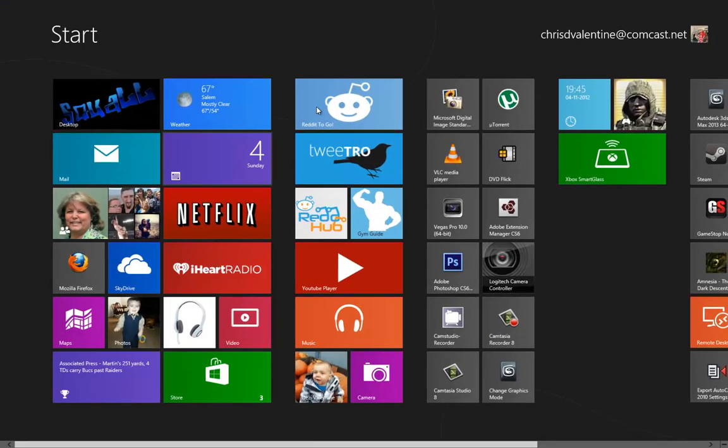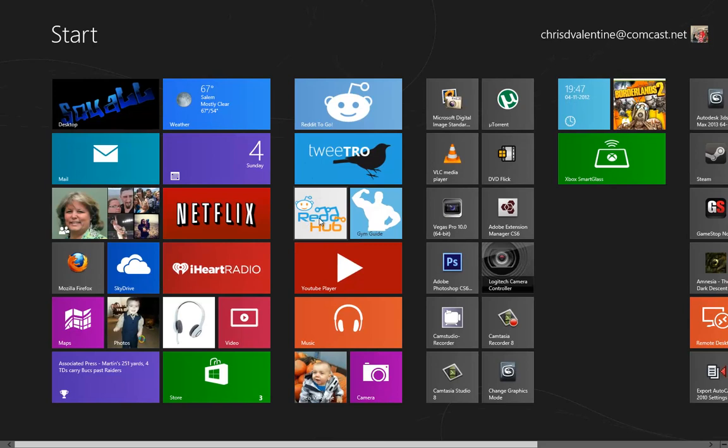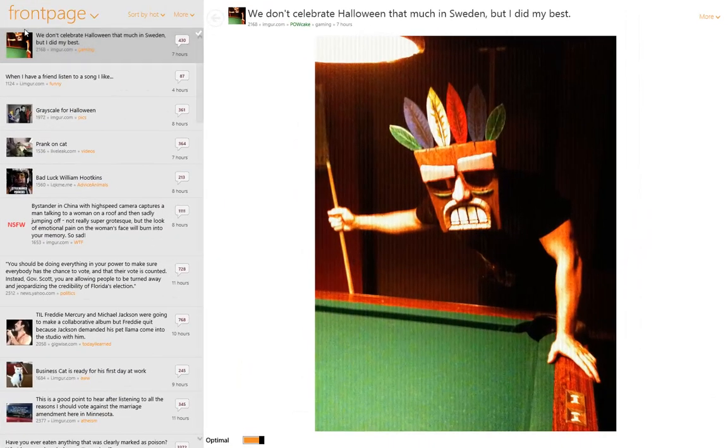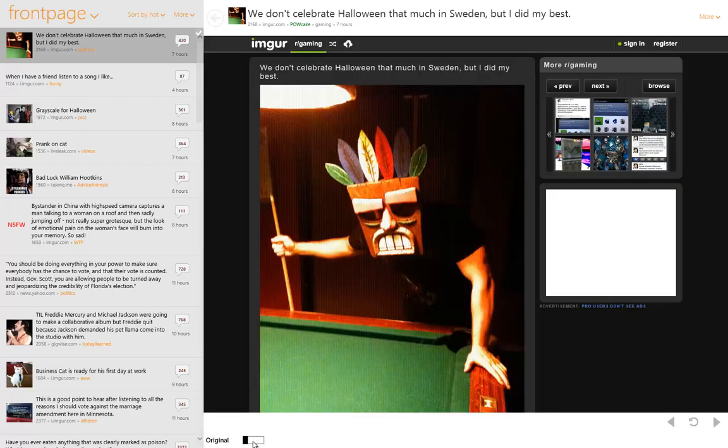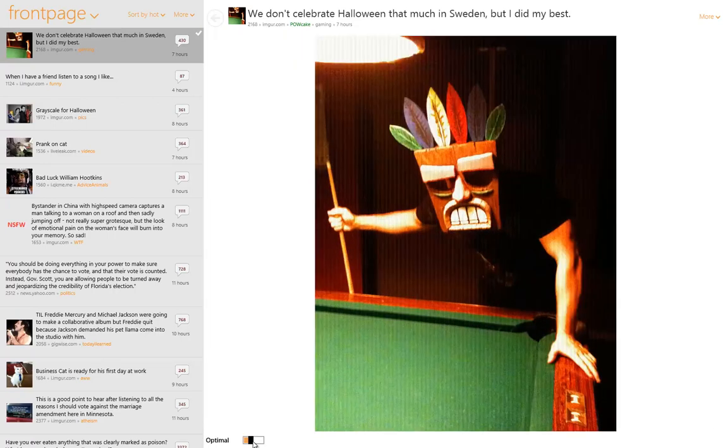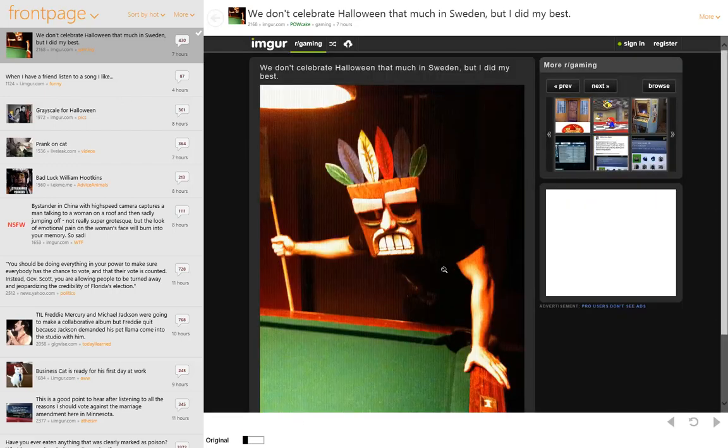So now let's go check out the other app. The other app is this Red Hub. And in this app, when you first load it, I like the look right off the bat. I like that you can see the top on the left hand side and preview it on the right hand side. This optimal will show you different views. Optimal shows you just the picture itself,